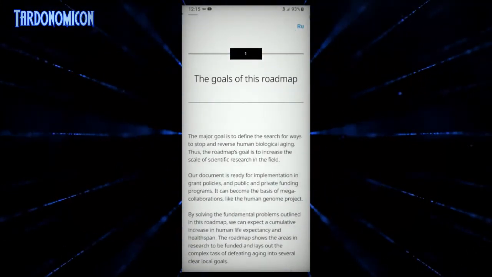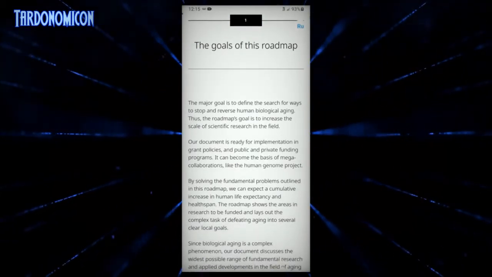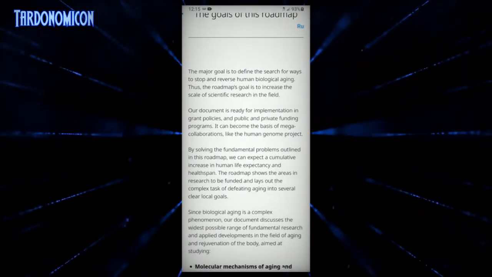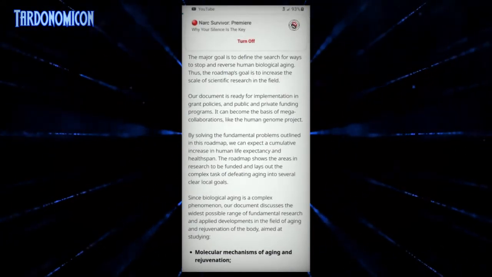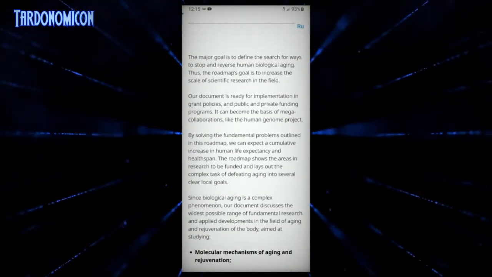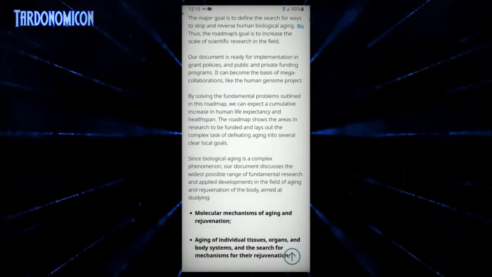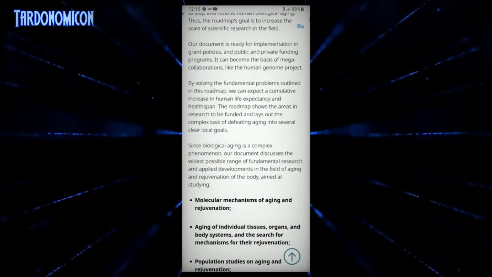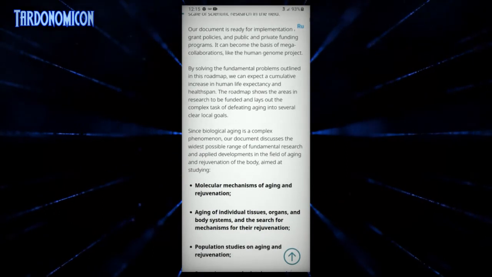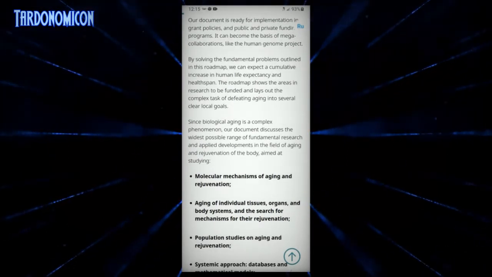Goals of this roadmap. The major goal is to define the search for ways to stop and reverse biological aging. Thus, the roadmap's goal is to increase the scale of scientific research in the field. Our document is ready for implementation in grant policies and public and private funding programs. It can become the basis of mega collaborations like the Human Genome Project. By solving the fundamental problems outlined in the roadmap, we can expect a cumulative increase in human life expectancy and